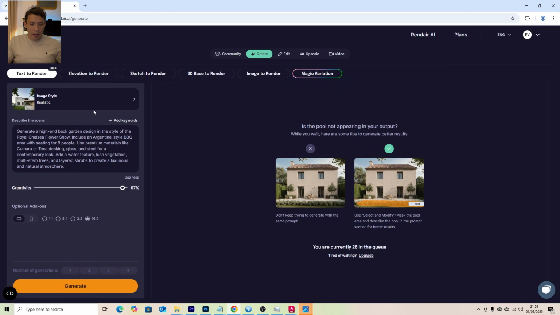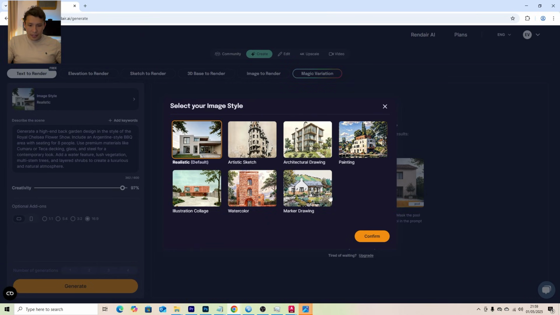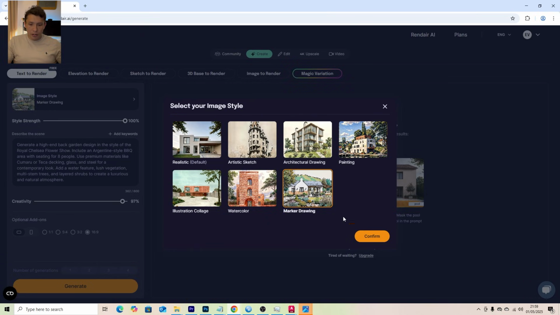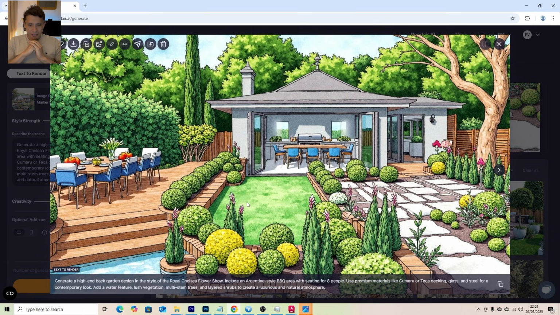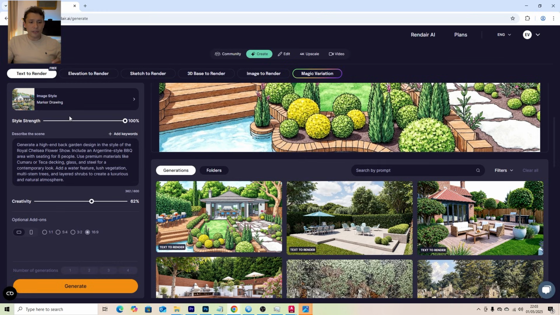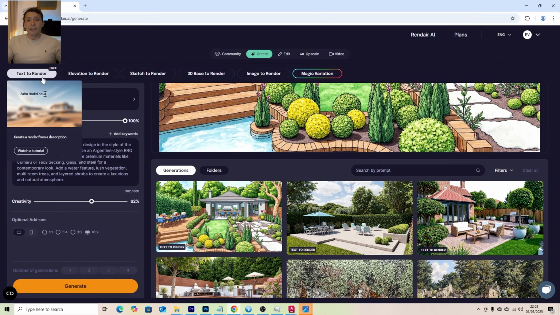Also, with the same prompt, I want to create something that looks a little bit like a marker drawing. I'm going to choose the marker drawing option, and I'm going to reduce the creativity to 62%. I think it's quite interesting the way it has interpreted it. You can definitely see some intention of having wood on this part. The Argentinian barbecue is here as well. You can see it has thought that it's going to be a place for people to have a seat. I like it. Well, this covers the section of text to render, and now we're going to start to go to